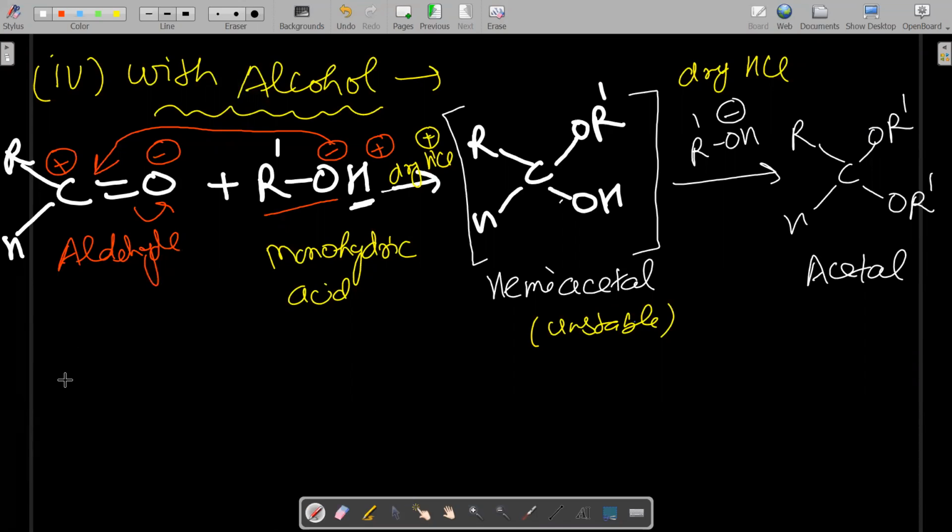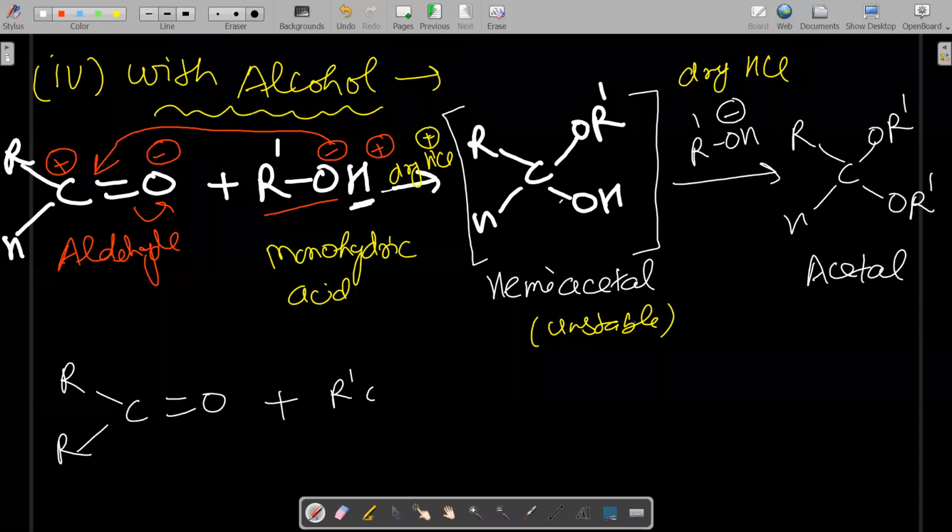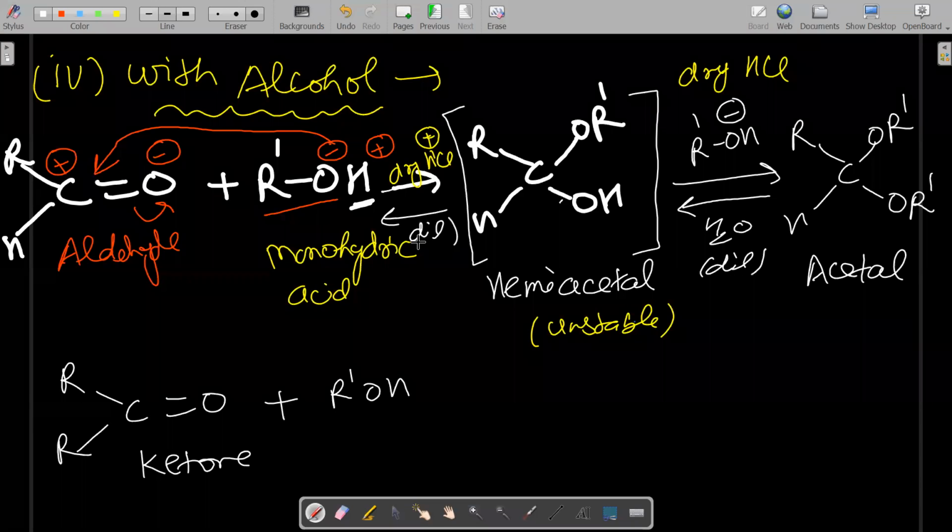And if ketone does not react and does not give this product, so what will happen? This reaction is also used for the separation of a mixture of aldehyde and ketone. तो अगर तुम्हारे पास कोई मिक्सचर एल्डिहाइड एंड कीटोन का, तुमने इसमें अल्कोहल डाला, तो एल्डिहाइड विल गिव दिस प्रोडक्ट, रिएक्ट करके प्रोडक्ट एसिटल देगा, कीटोन नहीं होगा, सो वी कैन सेपरेट बोथ. एंड अगेन फर्दर इट विल बी हाइड्रोलाइज्ड. ठीक है, इसको डाइल्यूट कर देते हो, वाटर डाल देते हो, हाइड्रोलाइज का मतलब होता है वाटर, तो अगेन यू रिकवर द सेम प्रोडक्ट, योर एल्डिहाइड कैन बी रिकवर. समझ आ गया सबको बच्चे?